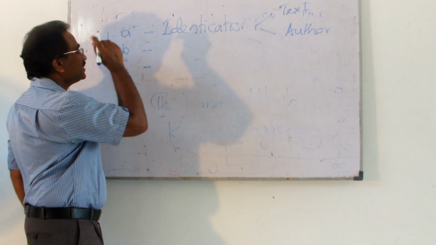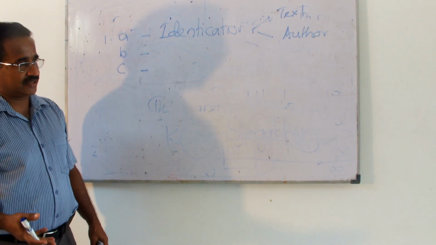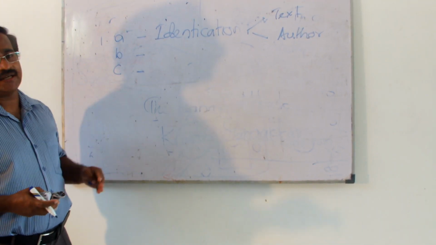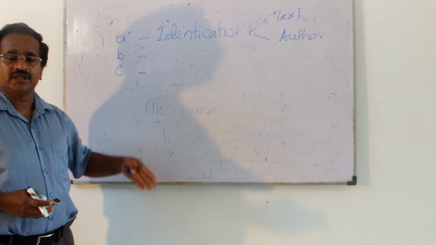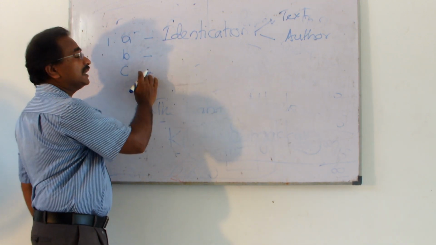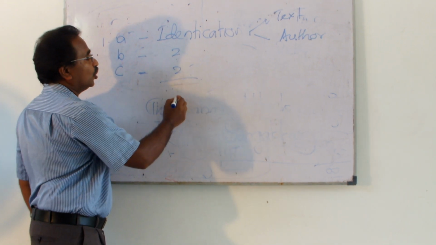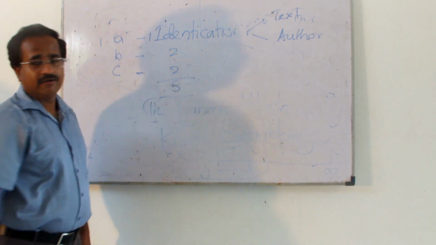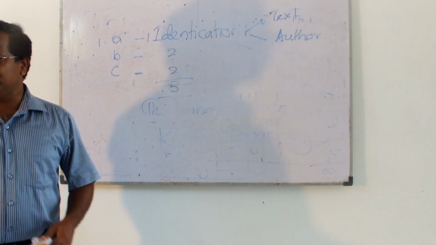Then C, your reference to the text or your reaction to the text, the poetic techniques, the literary devices, your feeling, your attitude, the speaker's feeling, the speaker's attitude, those are the things which they ask for in the third part. So 2 marks each, and here you get 1 mark, altogether you get 5 marks. If I clarify more than that, I can tell you exactly.